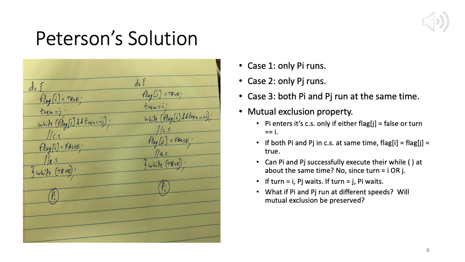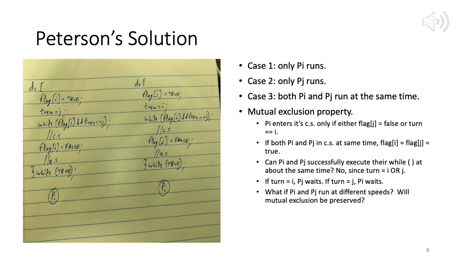So imagine this scenario, Pj is in its critical section and Pi is waiting on the while loop. As long as Pj is in its critical section, Pi has to wait in its while loop, and as soon as Pj gets out of its critical section, the first thing it does is set flag J equal to false. So the first part of that while condition for Pi becomes false and it enters its critical section. Now there is a fairness aspect we are looking at.